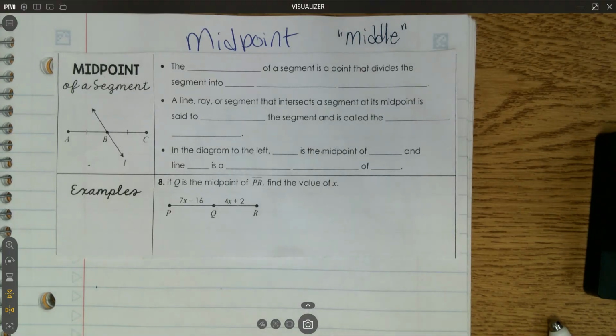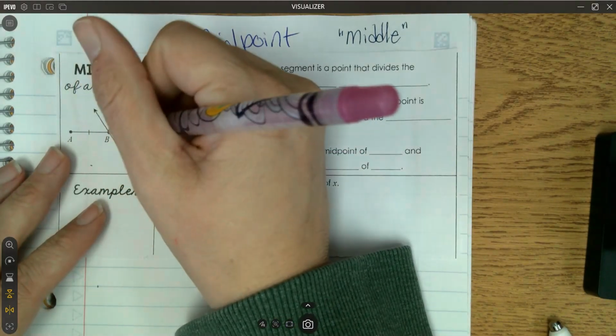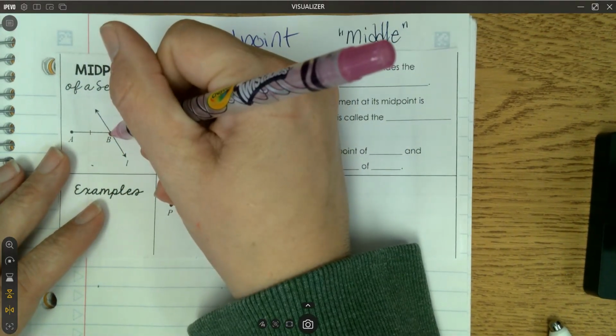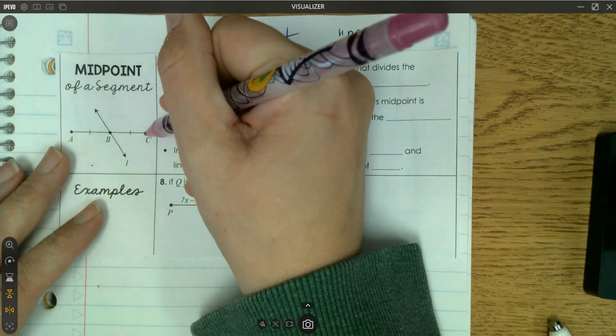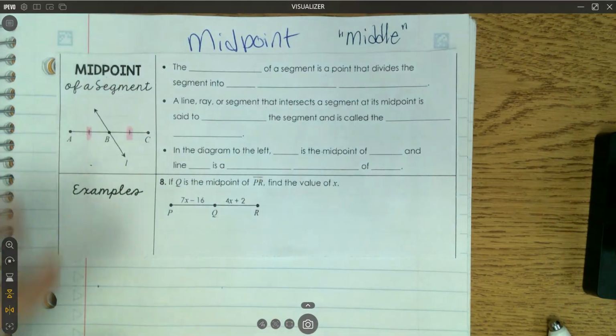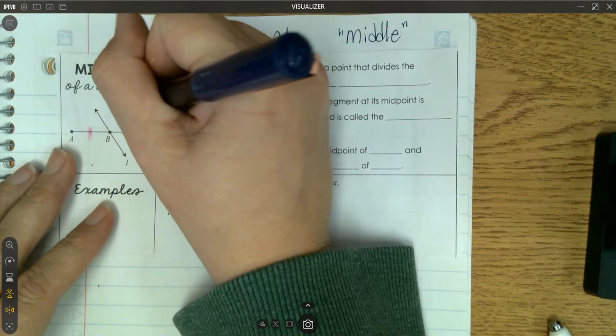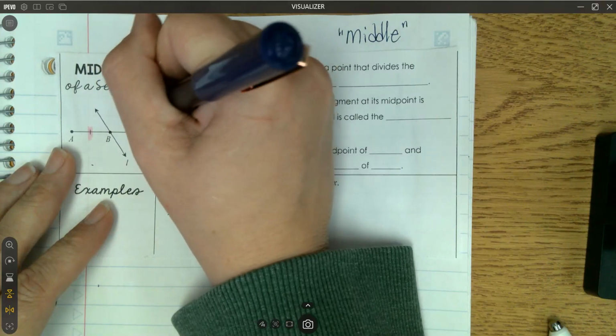Okay, so if we look at this diagram over here, just kind of make sense of it as we go. The midpoint and how we identify that. Let me see if I have something to color code this. I can tell that B is the midpoint of this segment because it's been notated with those tick marks. Remember, the tick marks mean they're congruent